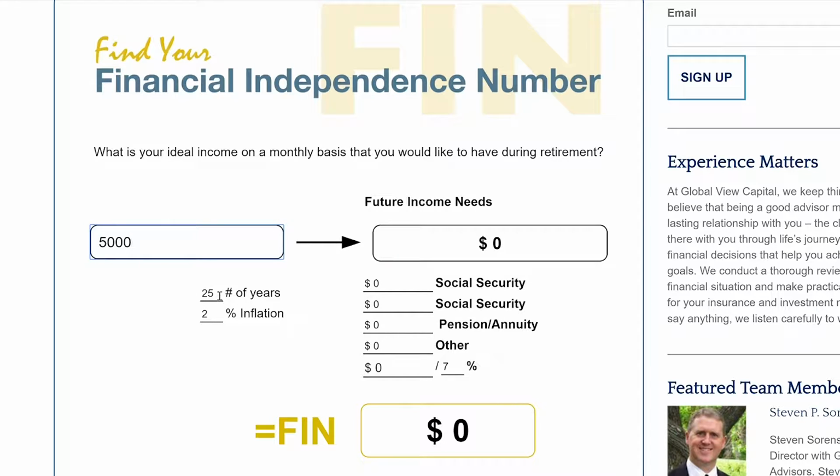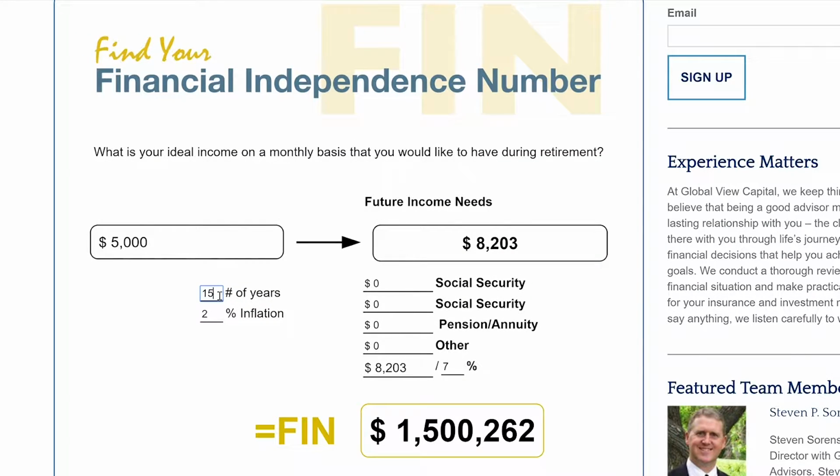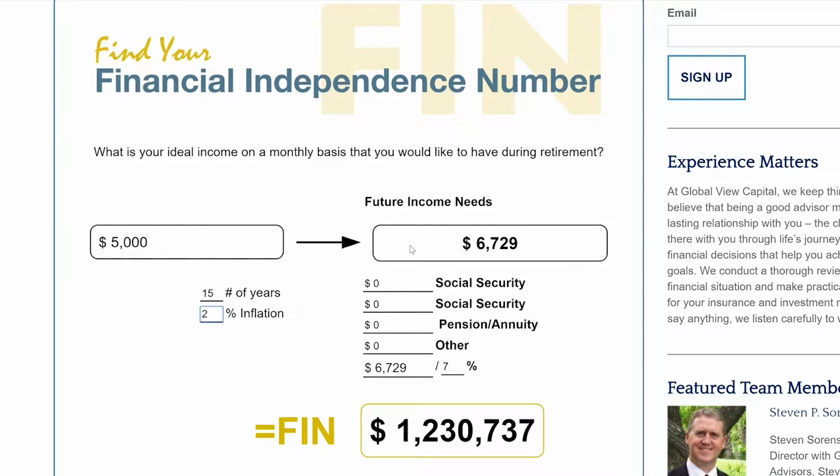And you'll notice we can put in how many years until retirement. If I'm 50 years old and I want to retire at age 65, that would give me 15 years left to accumulate how much money I need for retirement. Then for inflation, you can use it or just take it out by putting in a zero. The national inflation is 2%, so we're going to use 2% for this example. That tells us that in 15 years from today, if I want the equivalent of $5,000 a month, I need